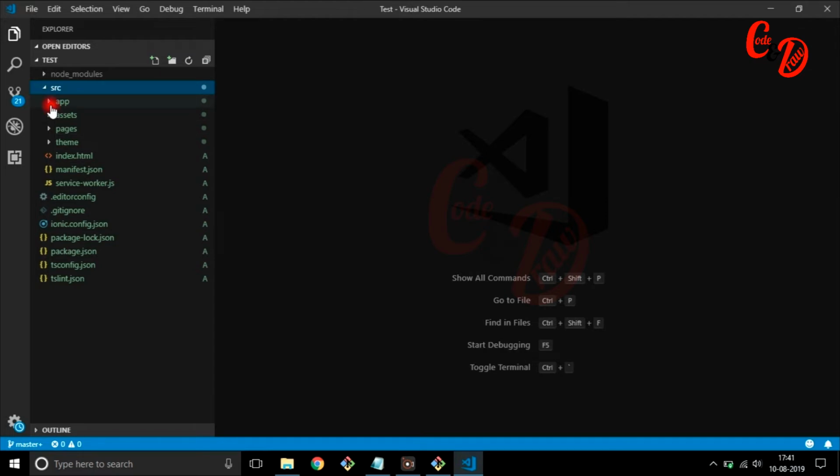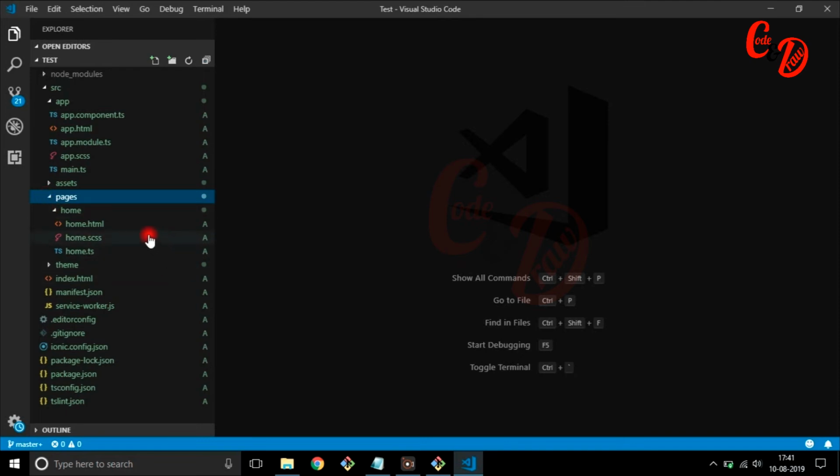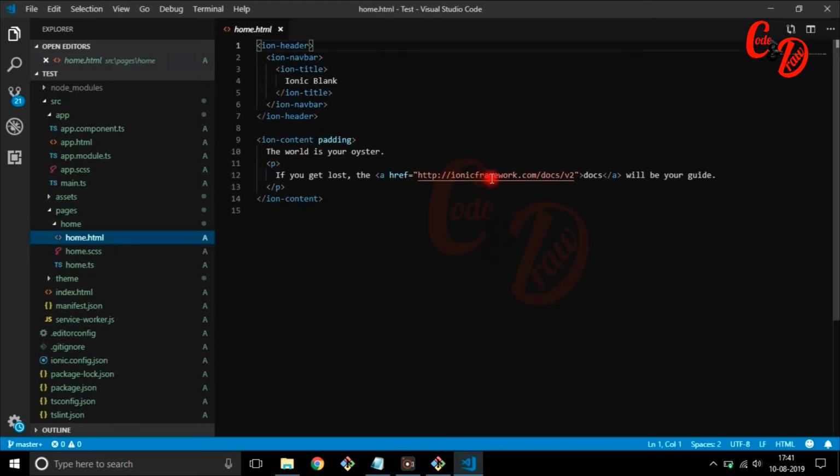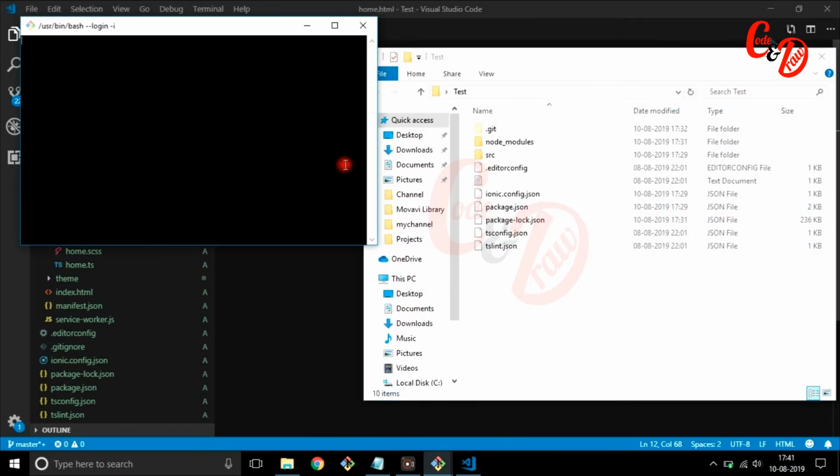the folder, open src, go into pages and click on the html, home.html. It will be the first page that we are going to get. After that, when we are done with home.html, we can start our server. Open that application folder and right click on it, or open command from there. You can right click on that and press Git Bash and type the command like ionic serve